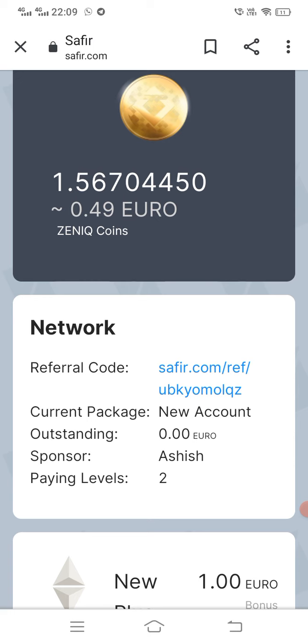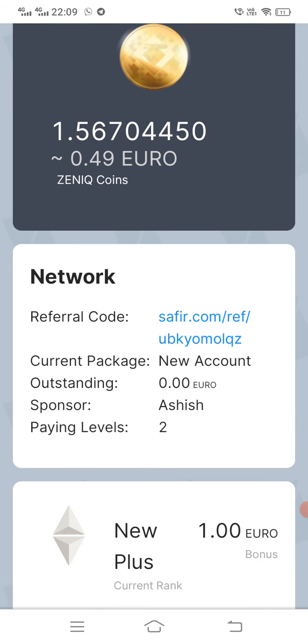I'm making a video on how to deposit euros for my Zenic project, which is interrelated with Sapphire. Already, I made a video on it. It's a wonderful concept. I'm just making a video on how to deposit it. The purpose of this video is to show how to make a deposit using Litecoin. I'm showing you clearly, so as not to waste much time.